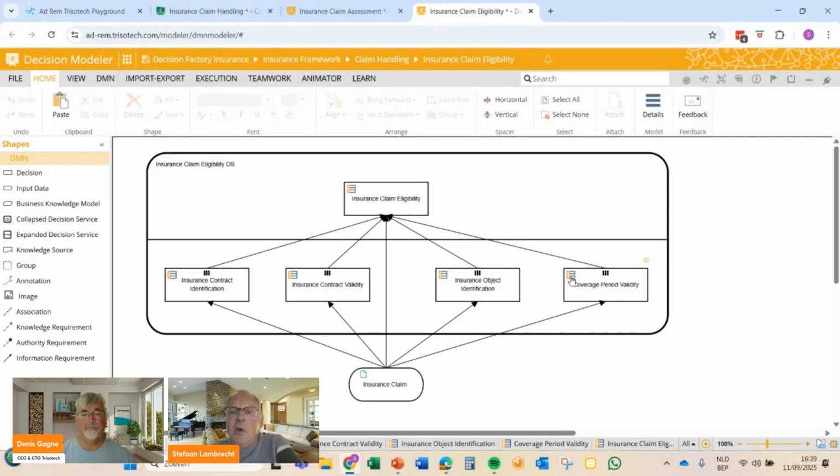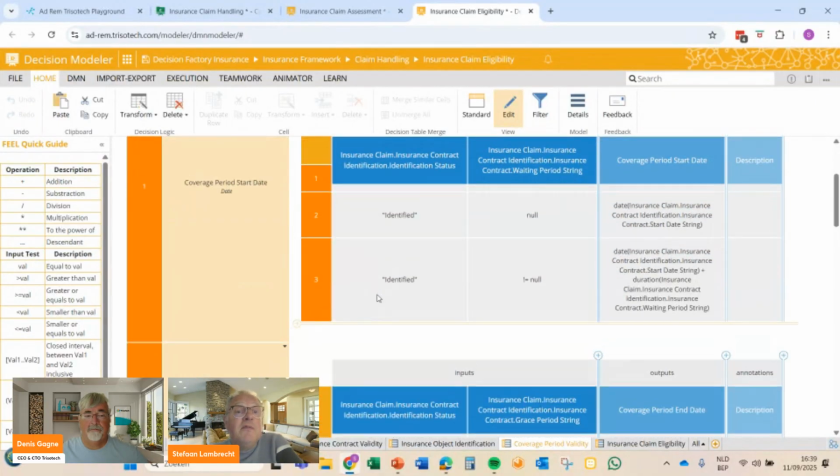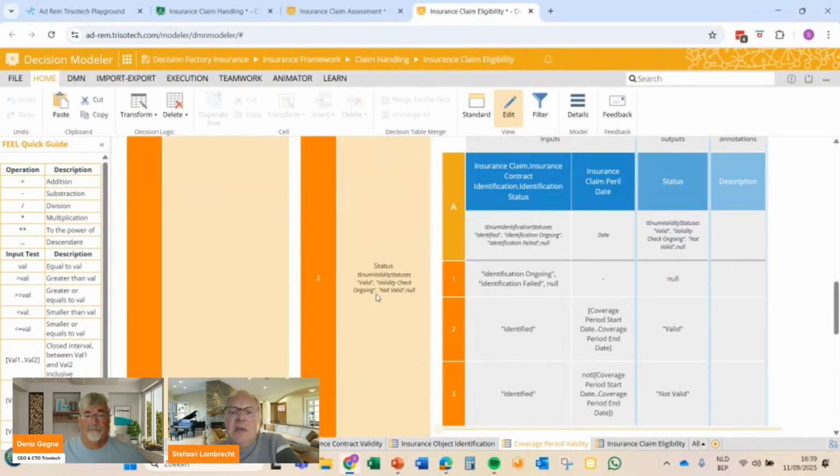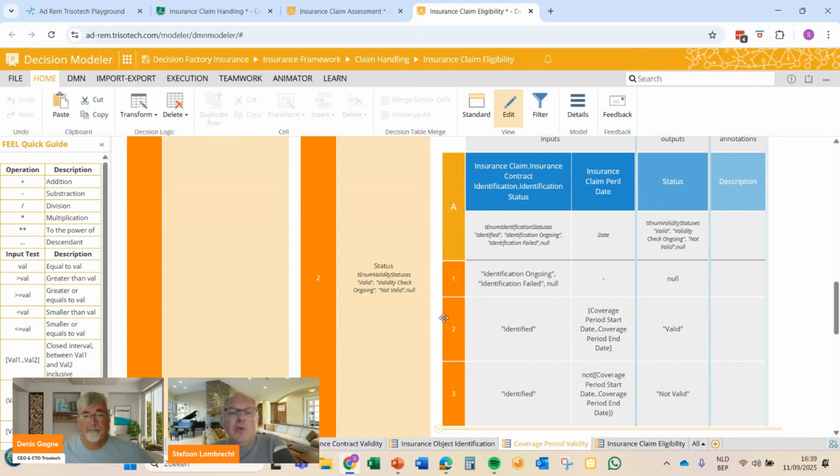For instance, if I go into here, we will see that also later in this presentation. I can here go into the logic for that. And in fact, what we will see, and that is also the power of decision models or DMN, is that most of the logic is expressed as decision tables, and they explain very well what is at stake here.